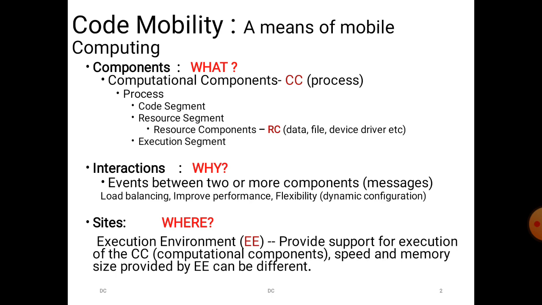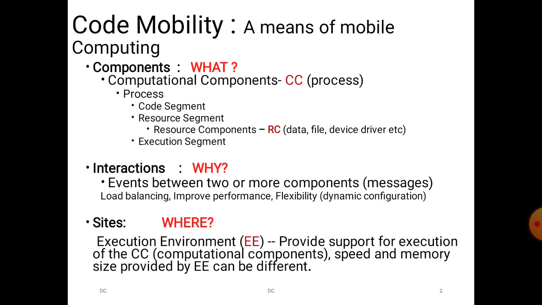Before that, first let us see what a code is, what part or role a code plays in process migration, and how it is migrated. That is, we call it mobility: how a code can move from one place to another. So code mobility means a code may be mobile, it can move from one place to another.